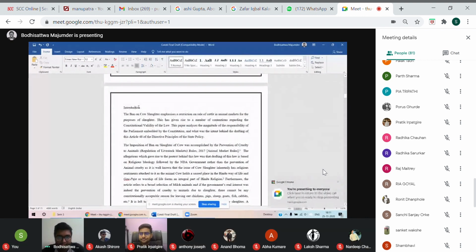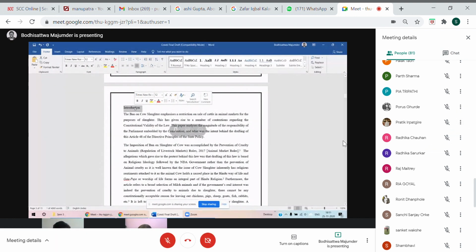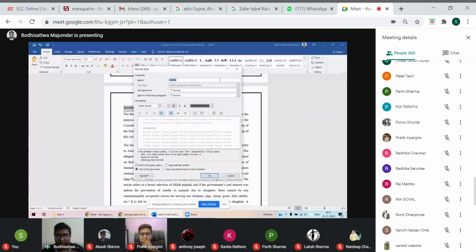So see, how to make a table of contents? Can you still see my screen? Yes. So you have written the introduction. Now you want to make it into a table of contents. You only have to add those parts which you want in the index. So you select this, go to a heading, this random heading, right click, and modify it. Then you set your own formatting, whatever you want.